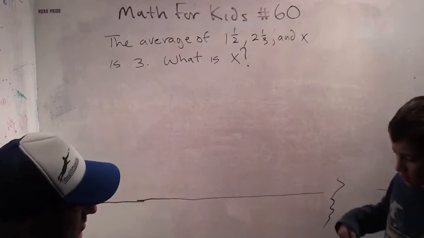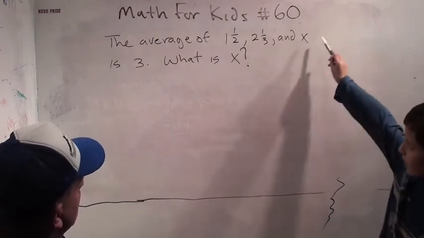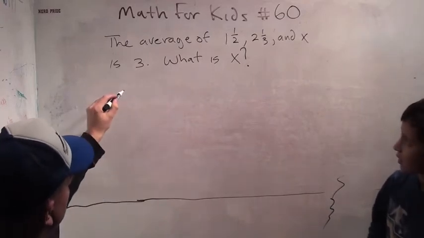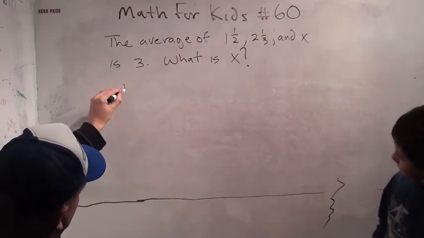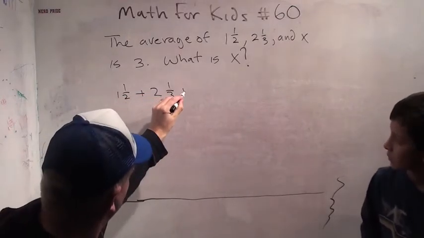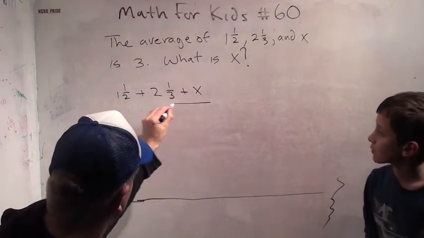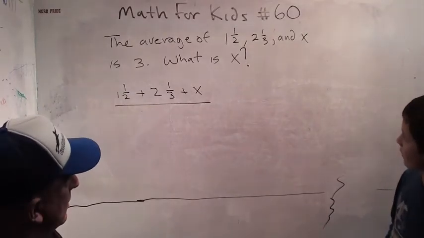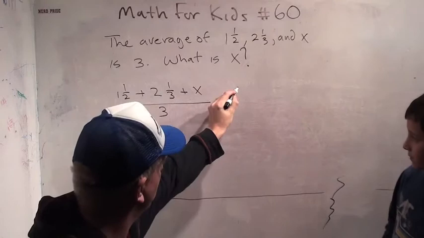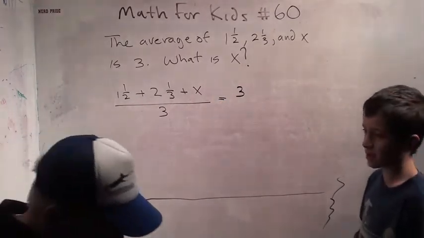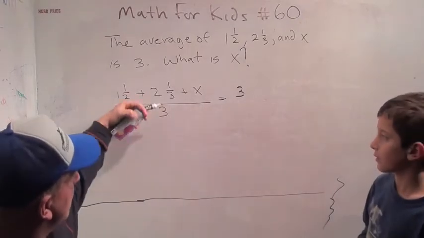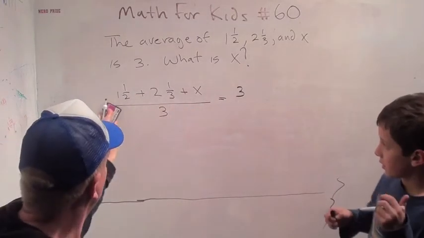Well, we know... Remember what average means? Yeah, we sum up the numbers and divide by the number of numbers. Okay, so that means 1.5 plus 2 1/3 plus x divided by what? Divided by 3. Divided by 3 equals 3. Okay. Well, the sum must have to equal 9. That's exactly right. When you divide by 3, you get 3. So that means the sum